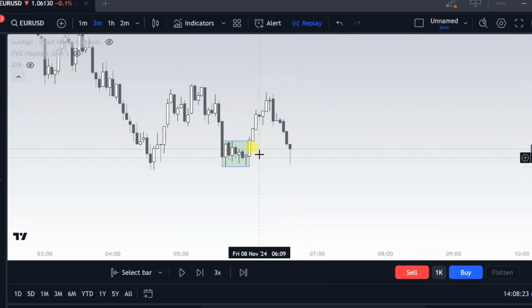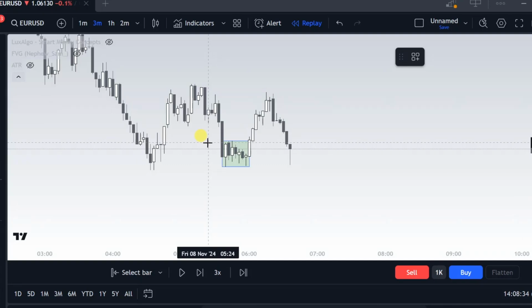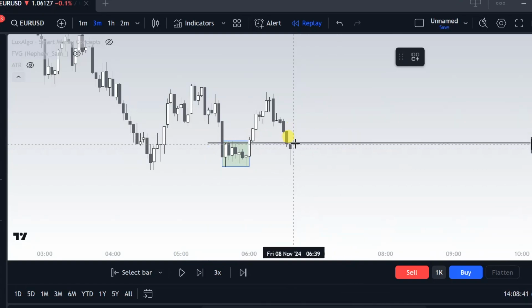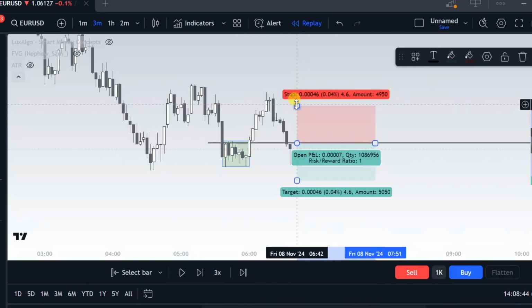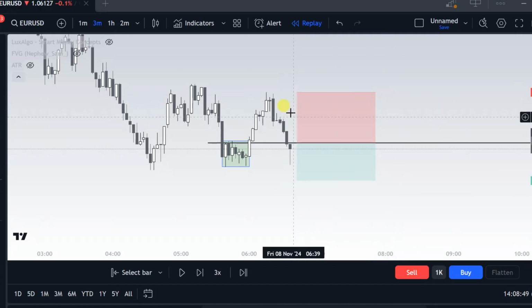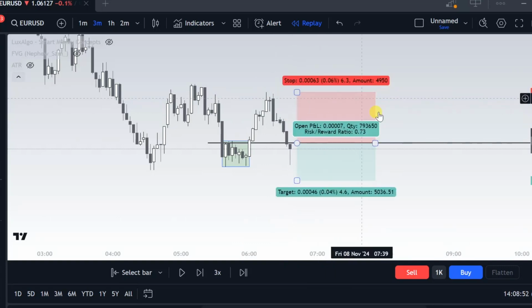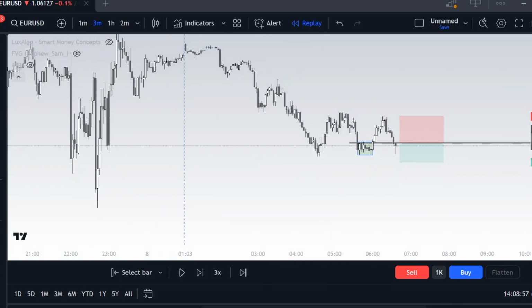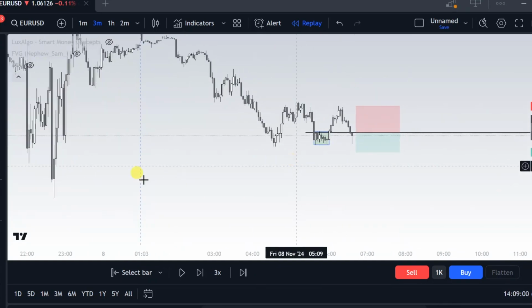And then how we're going to enter, we're going to enter on the body of this last candle right here. So if I'm to mark out this level, so this is the body of the candle in the accumulation zone. So this is exactly where we want to enter. So we want price to actually come back to that level, and then we use this as our stop loss,